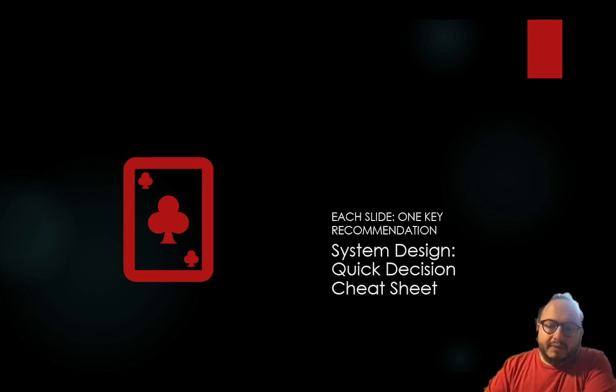Hey everyone, with more than 20 years of hands-on coding experience, I follow some patterns and practices to design a system when I face a problem. It could be a product design, an enterprise solution, or a day-to-day usage. It could even be a startup solution or a legacy system renovation. Those are not divine strict rules that I explain now, but I will share here only my experience and how I do it. Each slide, one recommendation, and let's begin with the system design quick decision cheat sheet.